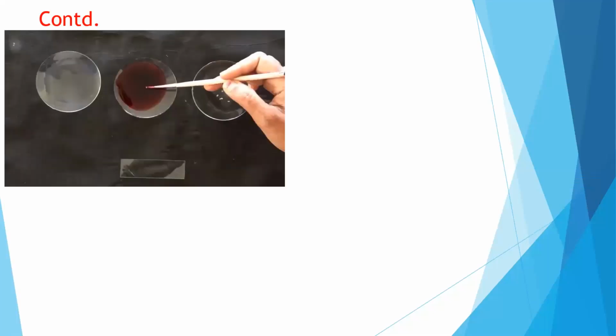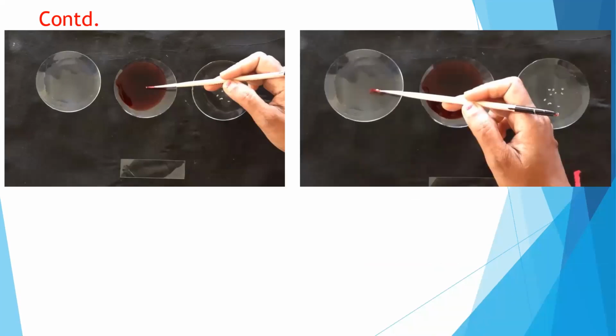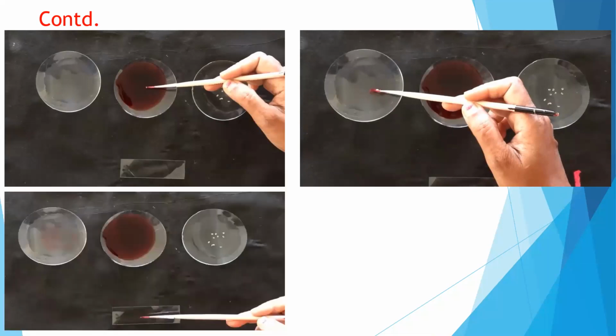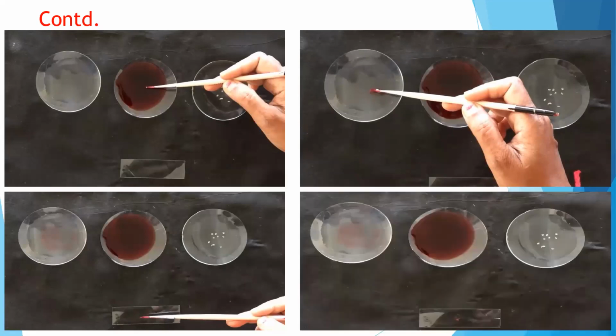In the next process, with the help of the same brush, from the watch glass it is then placed into the safranin solution. After that, again it is placed into another watch glass which is full of water, and thereafter lastly it is placed onto that microscopic slide. So after staining and dipping in the water, the thin portion of the fennel fruit is present on the microscopic slide.